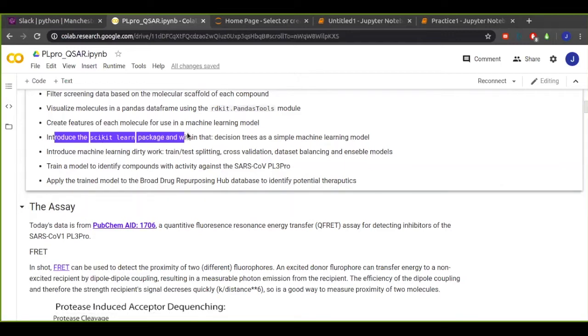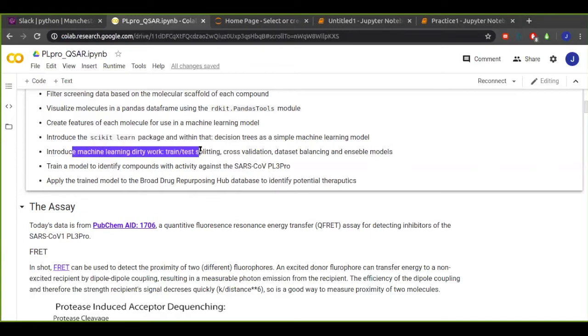Then we're going to introduce the amazing scikit-learn package, which really neatly wraps a lot of machine learning algorithms and makes them easy to use without being an expert. Basically, it's a really good place to start, and it's a pretty solid library.